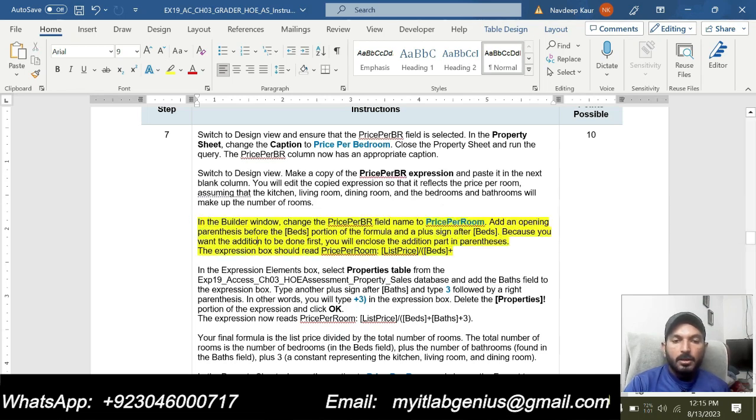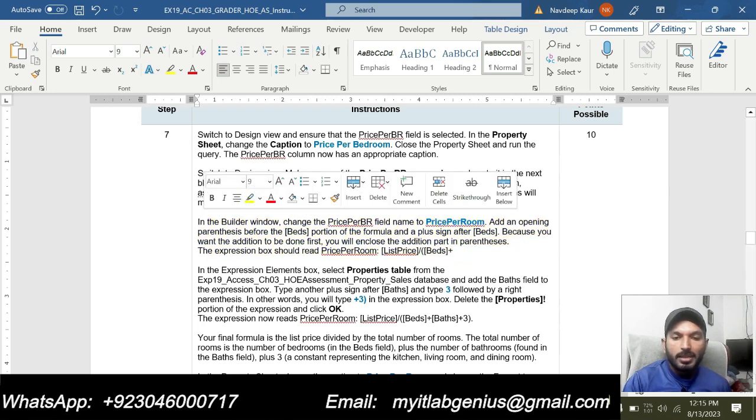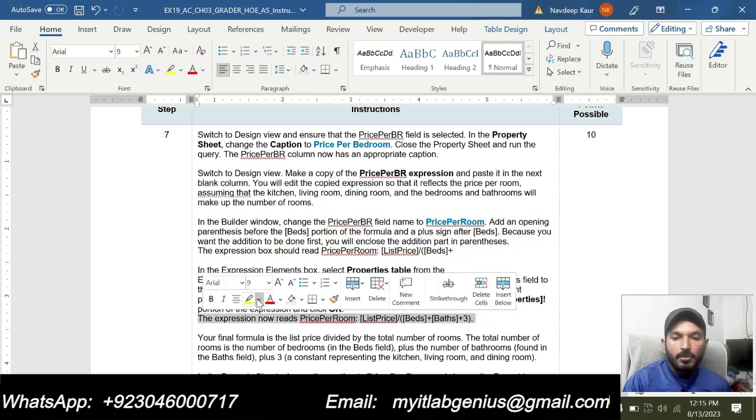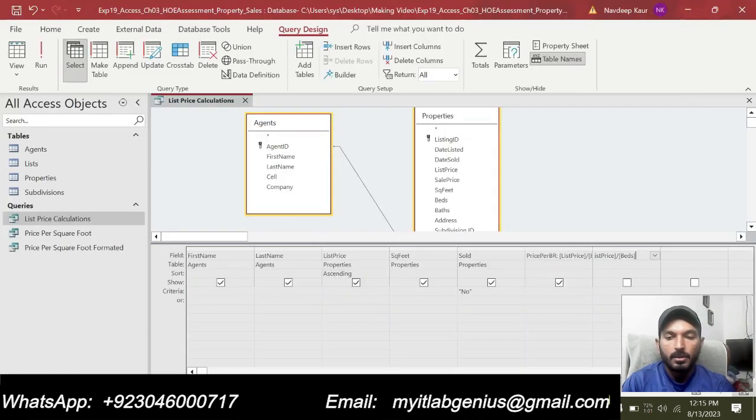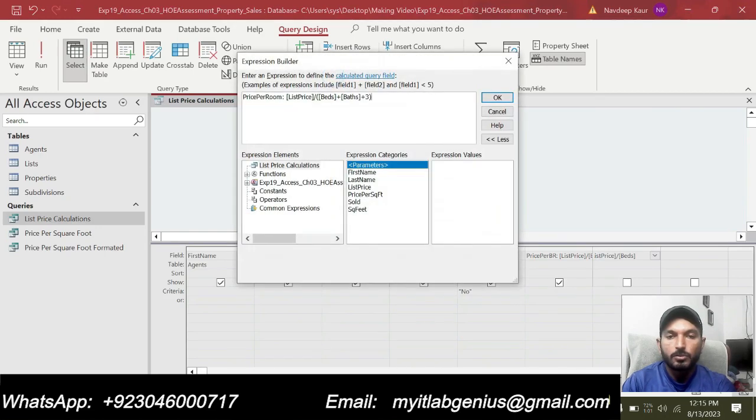In the builder window, change the price per BR field name to the price per room. So finally we are supposed to use this formula that is mentioned here, this one. So I will simply copy this expression from here, this one, and open the expression builder for this one, and we are supposed to move this like this one.